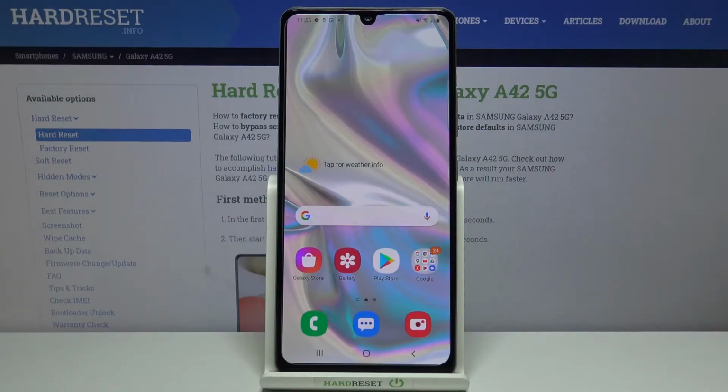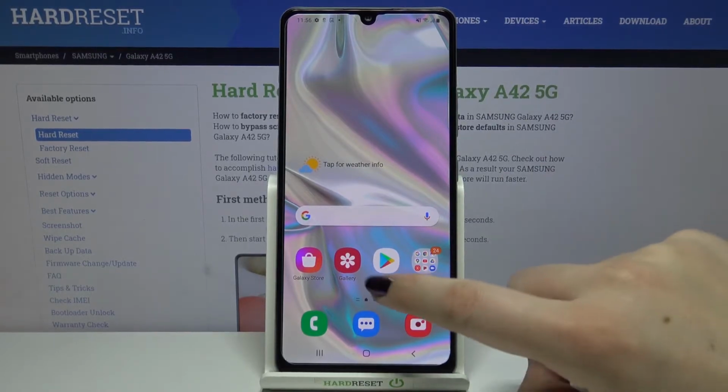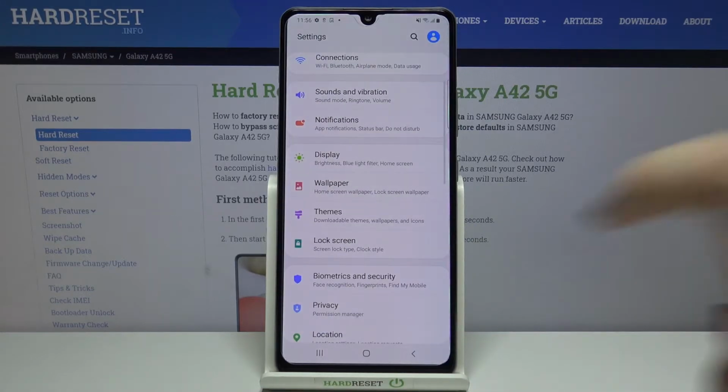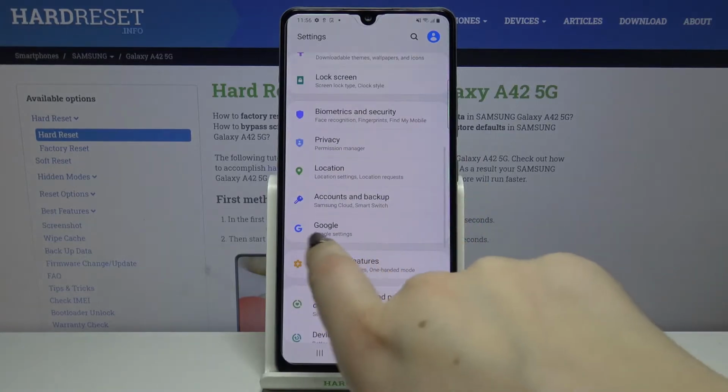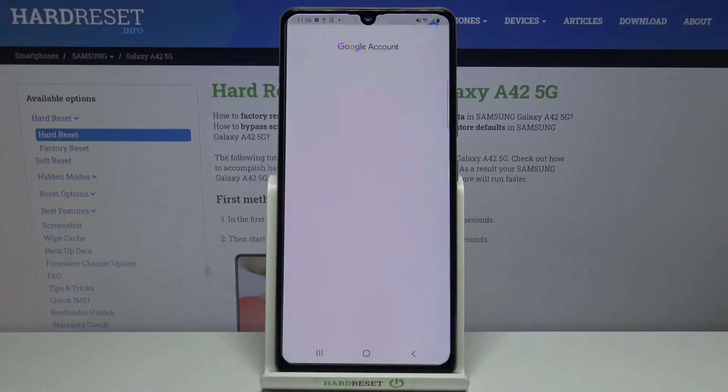Hi everyone, here we've got Samsung Galaxy A42 and let me show you how to remove and then add a Google account to this device. So first of all we have to find and open the settings, and here we have to scroll down and find accounts and backup. As you can see here we've got whole Google section, so of course you can enter